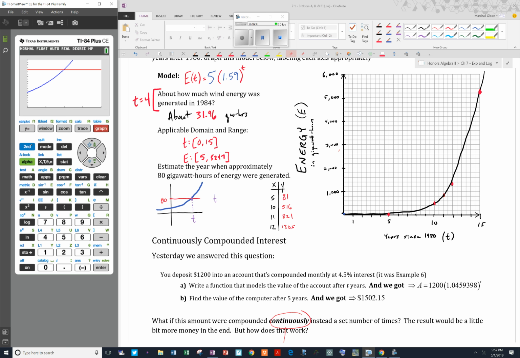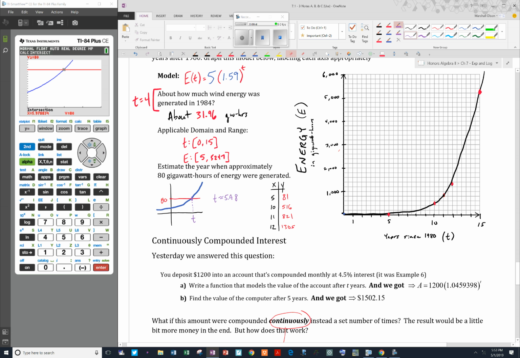All right, so now we're going to go second trace. We're going to find that intersection. Oh, look at how nice that is. Am I on the blue line? Yes. Am I on the red line? Yes. Take a guess. You're pretty much on it. So we're at 5.97, 5.98. So t is about